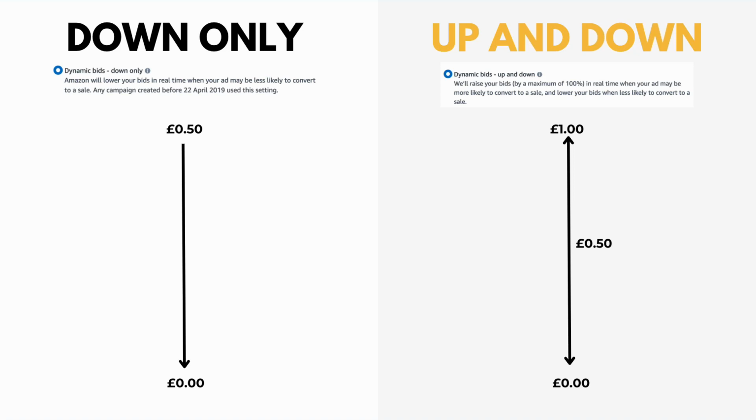So this just gives Amazon a little bit more flexibility and also allows you to capture maybe some higher bids and some higher value customers who are looking to buy your book. So with this up and down, exactly the same bid is going to give you a variation of anywhere between £1 and 0 pence. Whereas if you use down only, you're only ever going to be going below your default